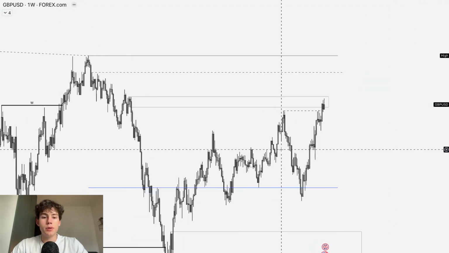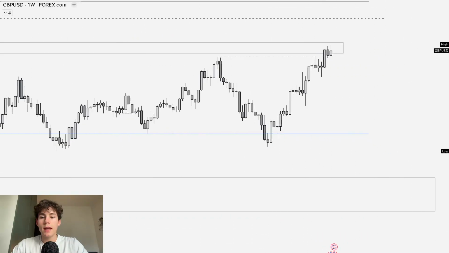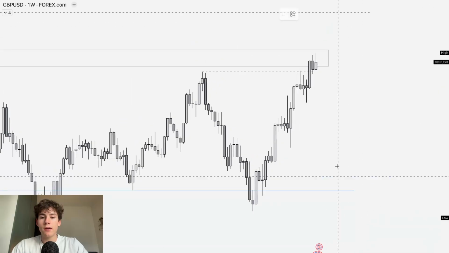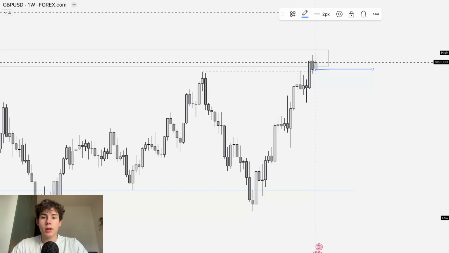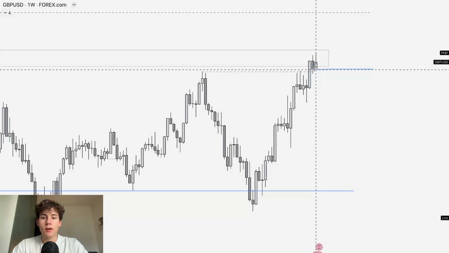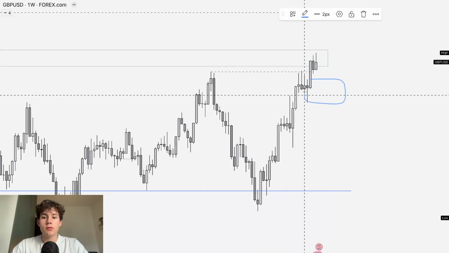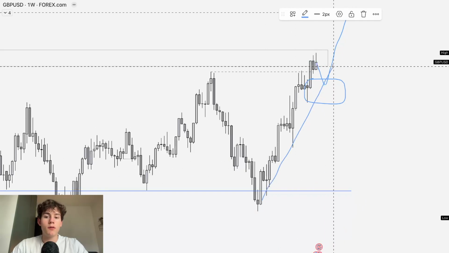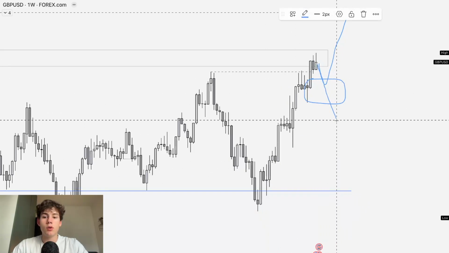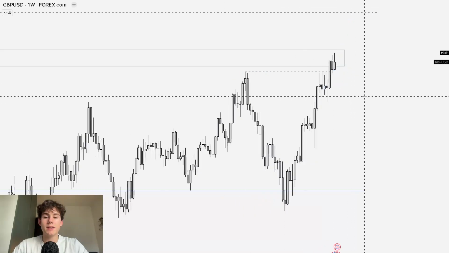Let's go over GBP/USD. I made a trade breakdown on this one, but we are inside this supply zone. We took liquidity, and as you can see, the weekly candle, we just traded up higher. So this is really ugly for me. So I'm at least expecting to trade underneath this weekly open. And then I'm also expecting to trade in towards this refined demand zone. From here, either push up higher with that order flow or just continue down lower and take some liquidity because we took liquidity above the highs.